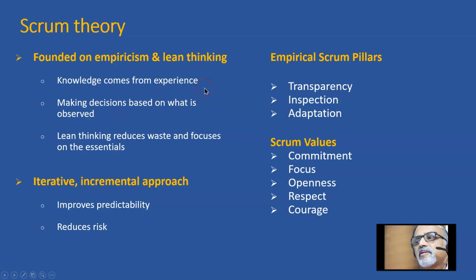So generally there is a notion about agile that, okay, agile is ad hoc. It is undisciplined. But when we really get into Scrum, which is one of the most popular frameworks among the agile frameworks, everything we talk with numbers. How much was planned, how much is completed, everything is based on numbers. So it is highly driven by empiricism. And making decisions based on what is observed.